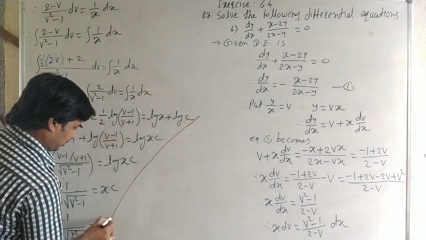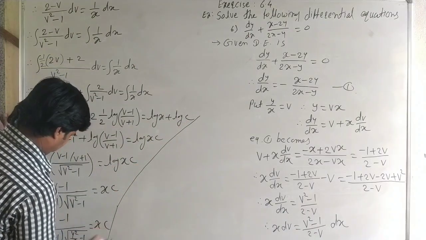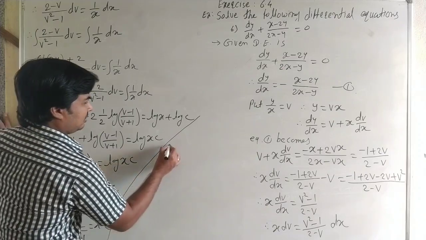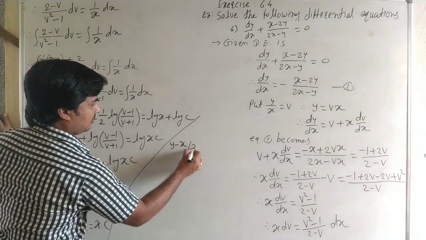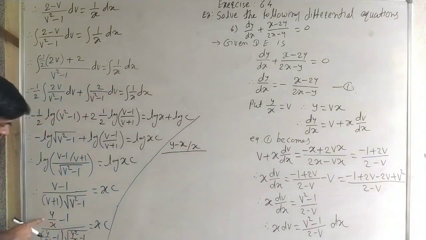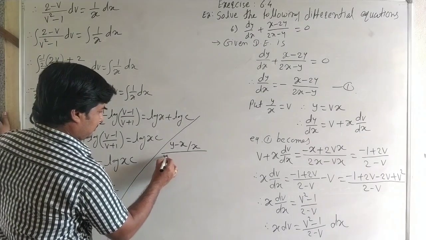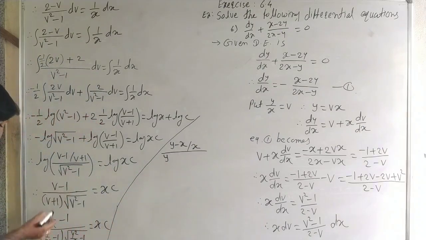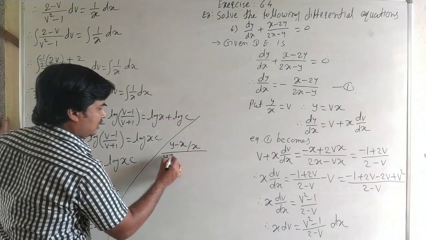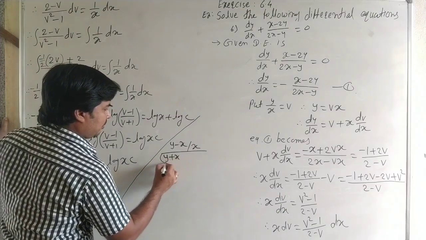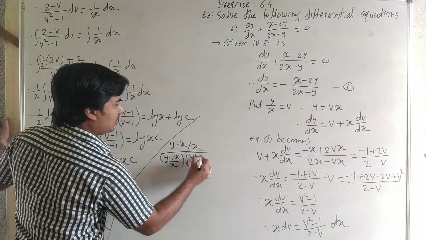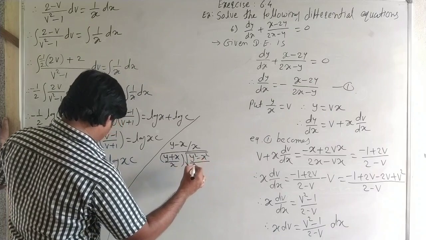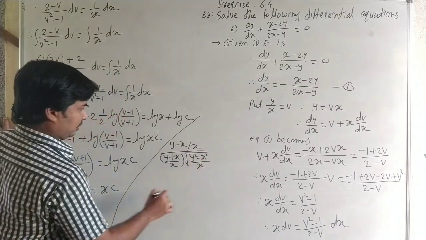Okay, see carefully the calculation. Y by x minus 1, that is y minus x upon x, whole to the power. Here y by x minus 1 is y minus x upon x. Again here same. Now here it is y plus x upon x, and in the under root, y square minus x square upon x square, that means upon x only.